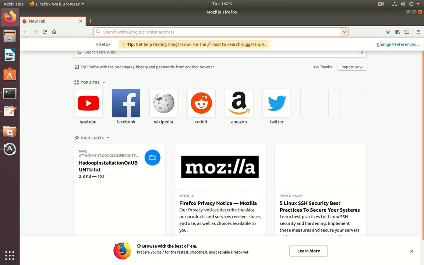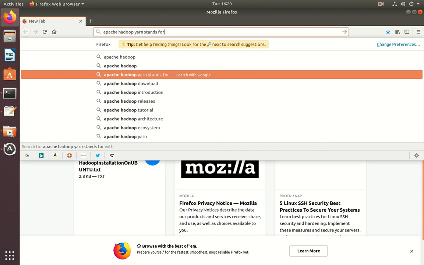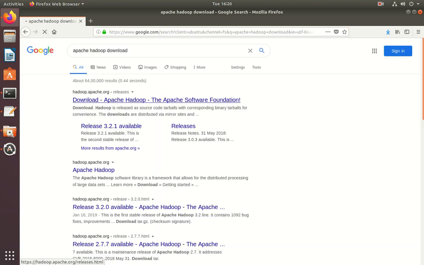So now go to the Apache official website and get the required version.